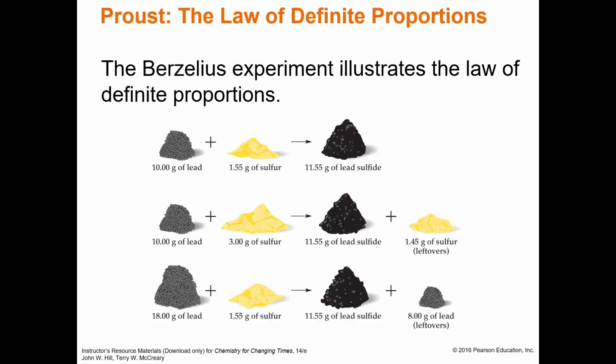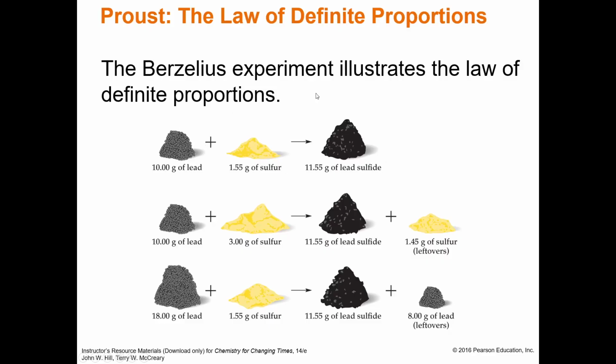All right. So Berzelius' experiment illustrates the law of definite proportions in a very nice manner. In this experiment, we took 10 grams of lead. We reacted it with just enough sulfur to completely react all the lead away and make this. This is lead sulfide. This is what happens to lead if you leave it around long enough. It becomes like that black color on it. That's the lead sulfide. Okay, so 10 grams of lead with 1.55 grams of sulfur gives you 11.55 grams of